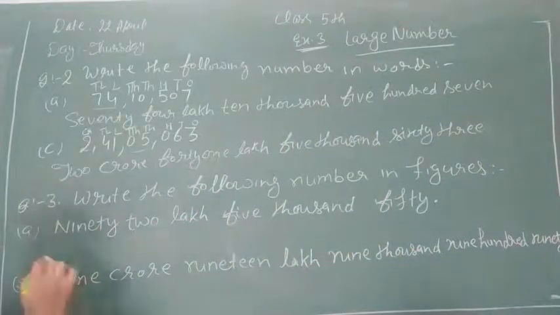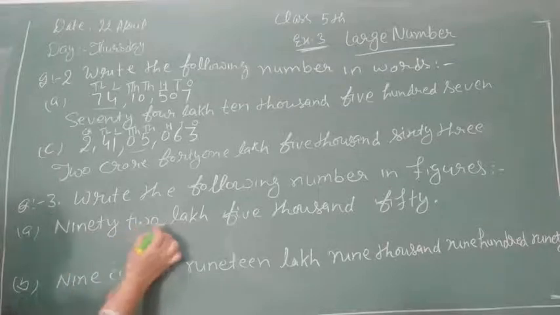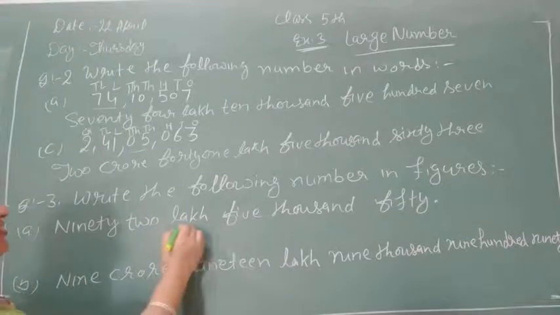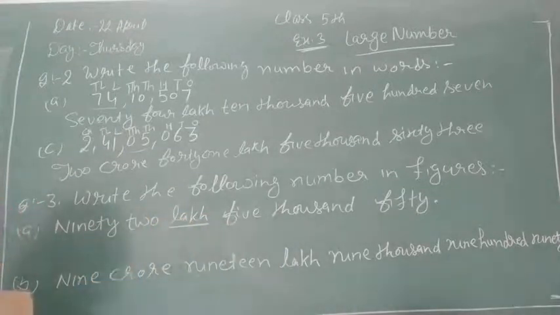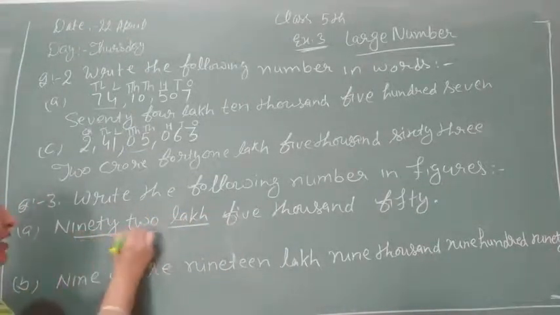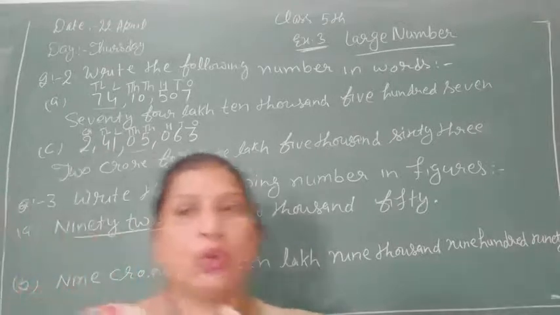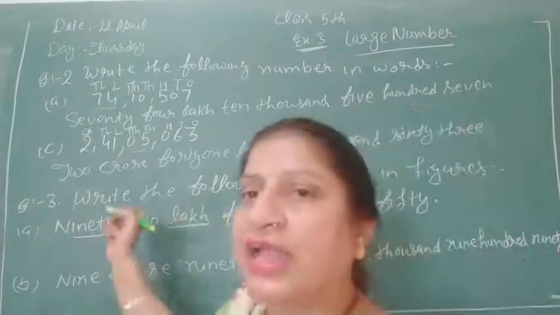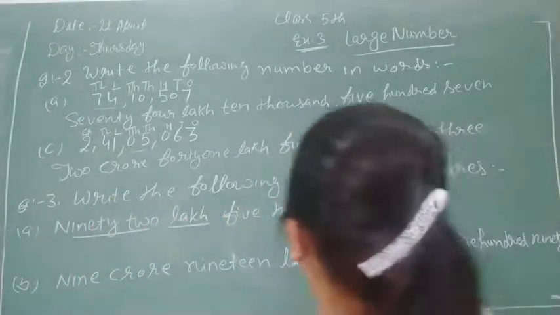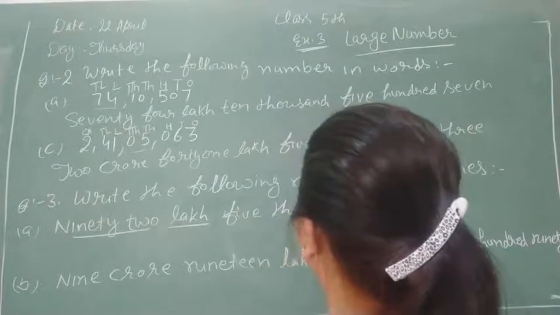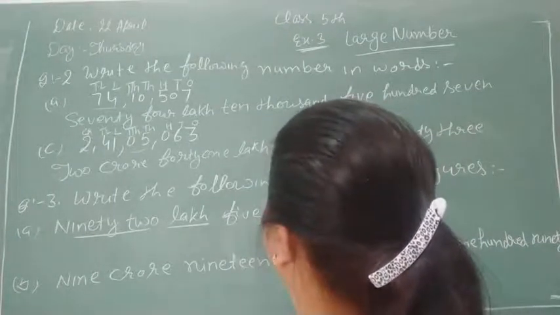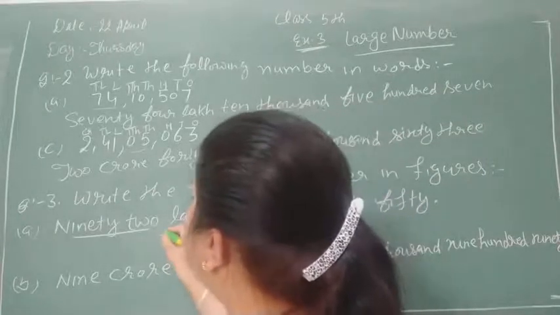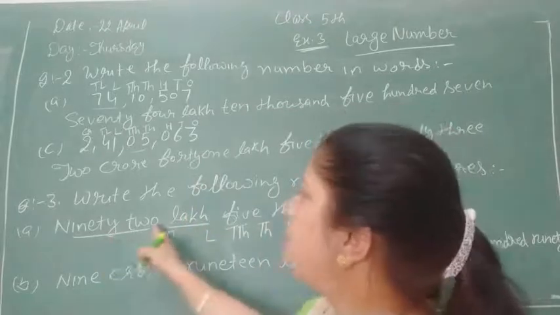So now we see the statement 92 lakh 5,050. Here you see that our places go up to the place of lakh, and in lakh, the number is 92. It is a two-digit number. It means that we have to write the places lakhs and 10 lakhs. So we start to write here the places: ones, tens, hundred, thousand, 10,000, lakh and then 10 lakh. Now this is 92 lakh.